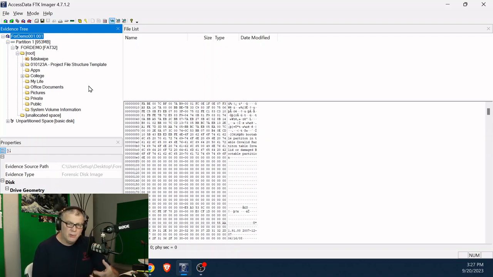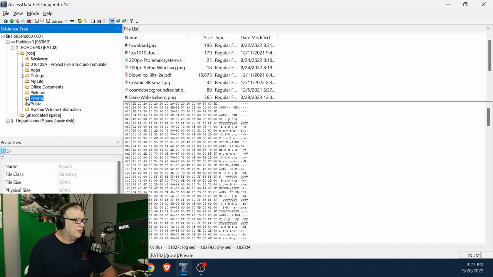Immediately, you will notice some things kind of pop up. You have a file system here, so I can navigate around the file system. We have hex editing capabilities over here. Remember in some other videos, we talked about some of the hex editors and things like that. Well, we do have a hex editor built into FTK Imager. Let's start simple. Let's take a look at an individual folder and files within that folder. So I'm going to go to this folder here called private. I'm going to open up, and sure enough, here is my file